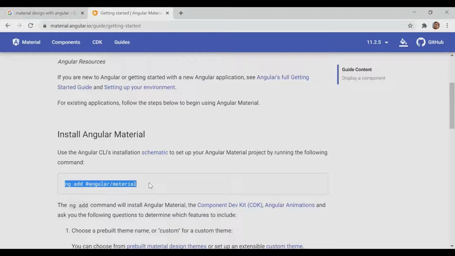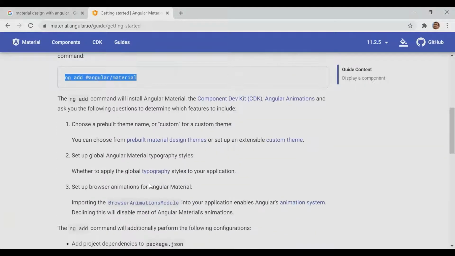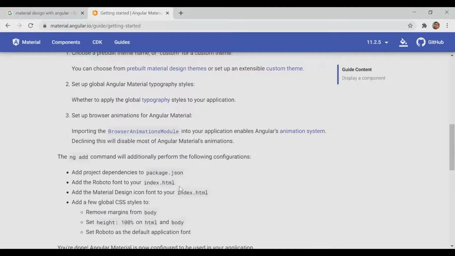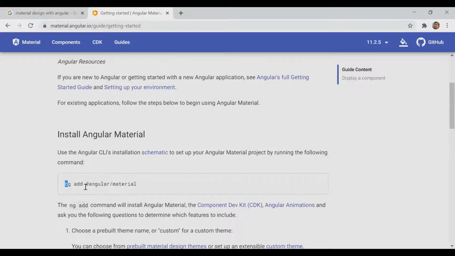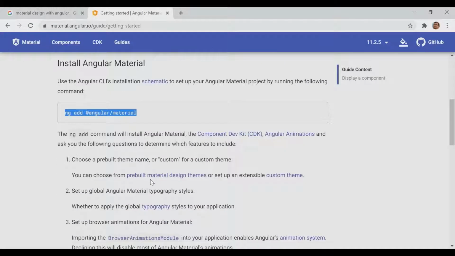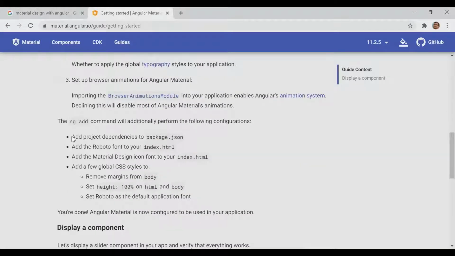After running this command, all the references will get added in your project and you will get the functionality of that. Means what will happen after running this command? You will get changes in package.json. The Roboto font will get added in index.html. Icons will get added in index.html because, as we know, Angular is a single page application.